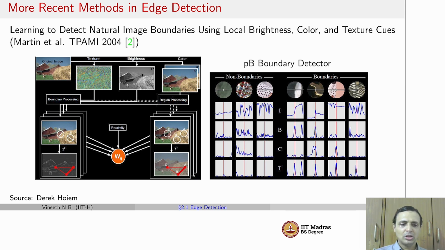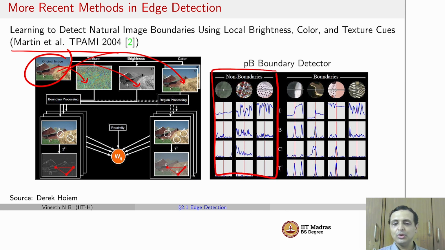So here was a method that was proposed by Martin and others in 2004. It's called learning to detect natural image boundaries using local brightness, color and texture cues. And as the title says, what these researchers did is they took an image and they came up with the texture in the image, the brightness in the image and the color in the image, and they end up giving this to a machine learning based classifier, and they observe that for non-boundary regions you have